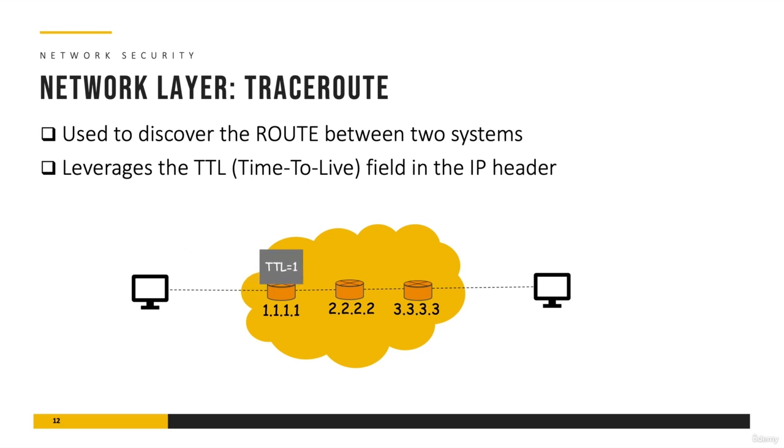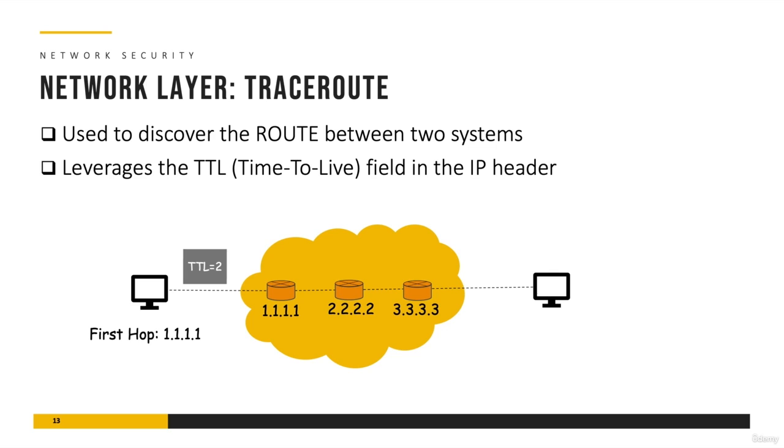Now when this packet is received at the next hop, at the router, it decrements it, sees TTL is 0, drops it, and then sends an ICMP reply message. But when that router sends that ICMP reply message, it has to include its source IP address, right? Its own IP address. So that's how you get the first IP address on your route to the destination. For the next step, you create a packet with a TTL of 2 and you send it on